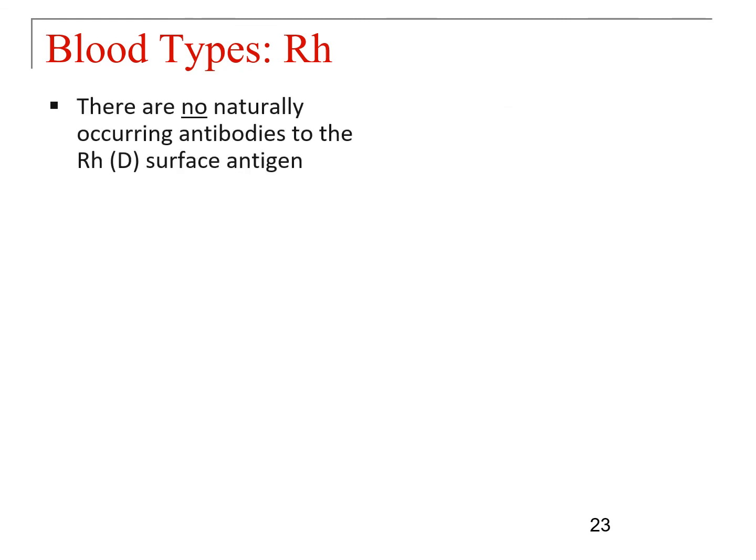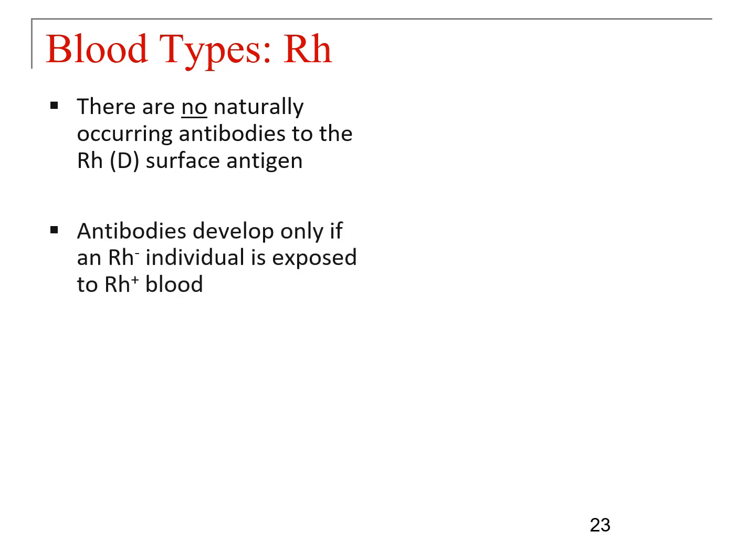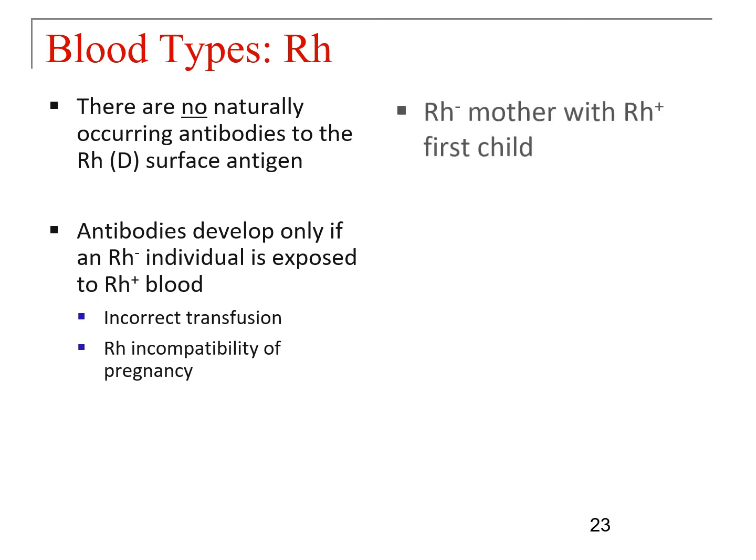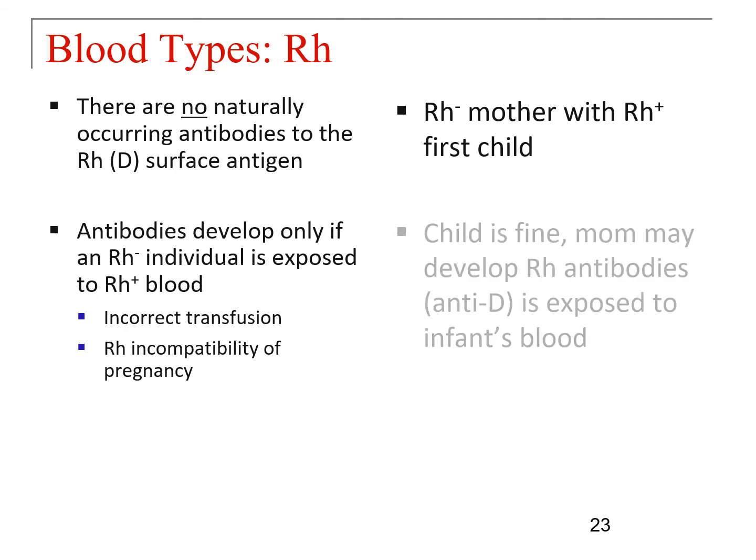So again, no naturally occurring antibodies to the Rh antigen, because they only develop if you're exposed to Rh positive blood. This only happens either in an incorrect transfusion, or in what's called Rh incompatibility of pregnancy. This is what happens if an Rh negative mother has a child with a father that's Rh positive, and if that first child comes out Rh positive, and that's pretty likely because positive is dominant to negative, then